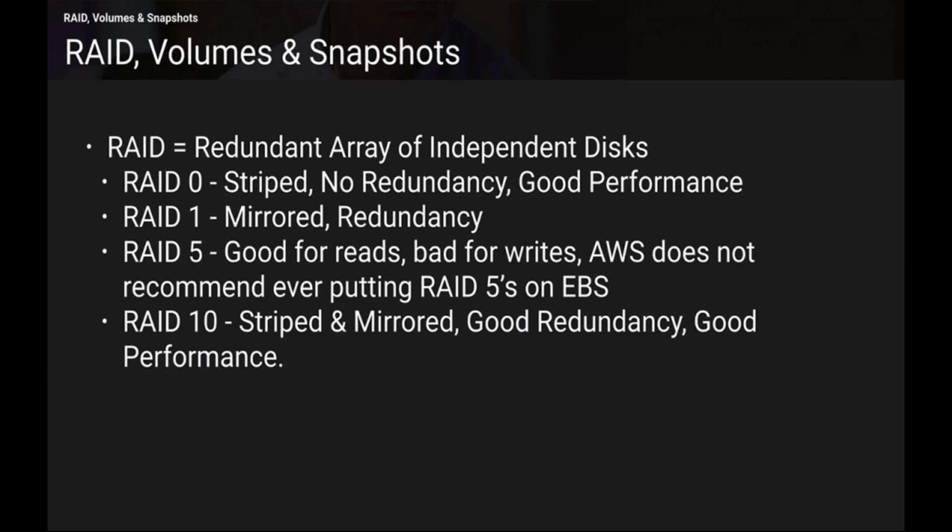And then we have RAID 5, which is basically good for reads and bad for writes. And AWS never ever recommends putting the volume on RAID 5. RAID 5 works with the help of a parity check mathematical formula, which does a calculation on the basis of which it reads the data as well as writes the data to the disk. So there can be a case where the calculations can go wrong in between. That's the reason RAID 5 is never a recommended practice to use as a combination of EBS volumes ever.